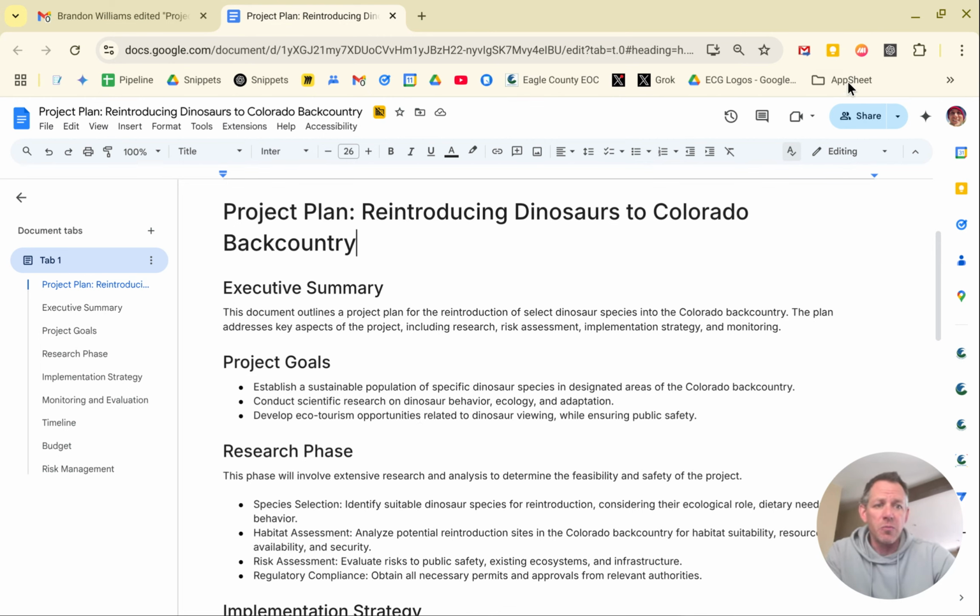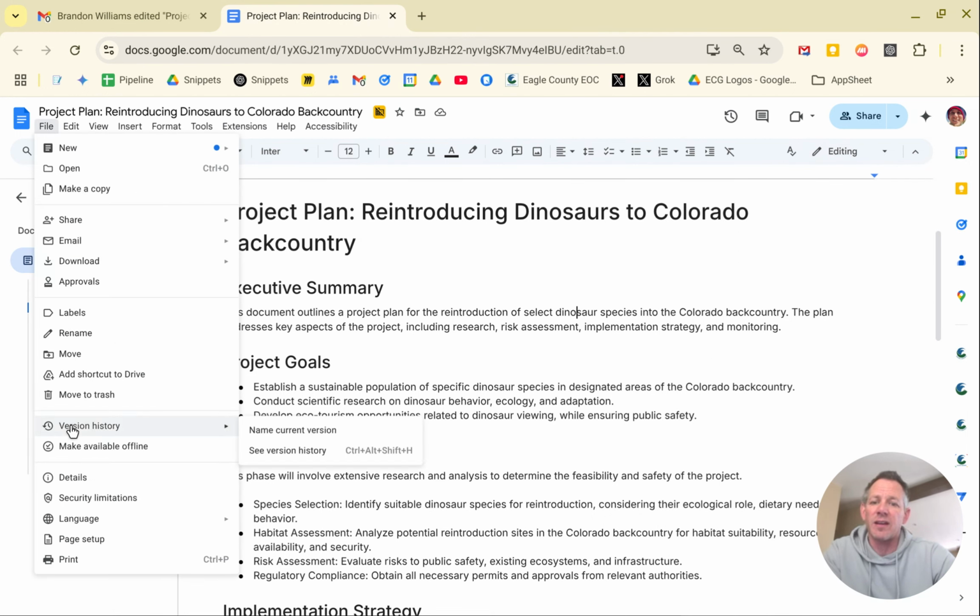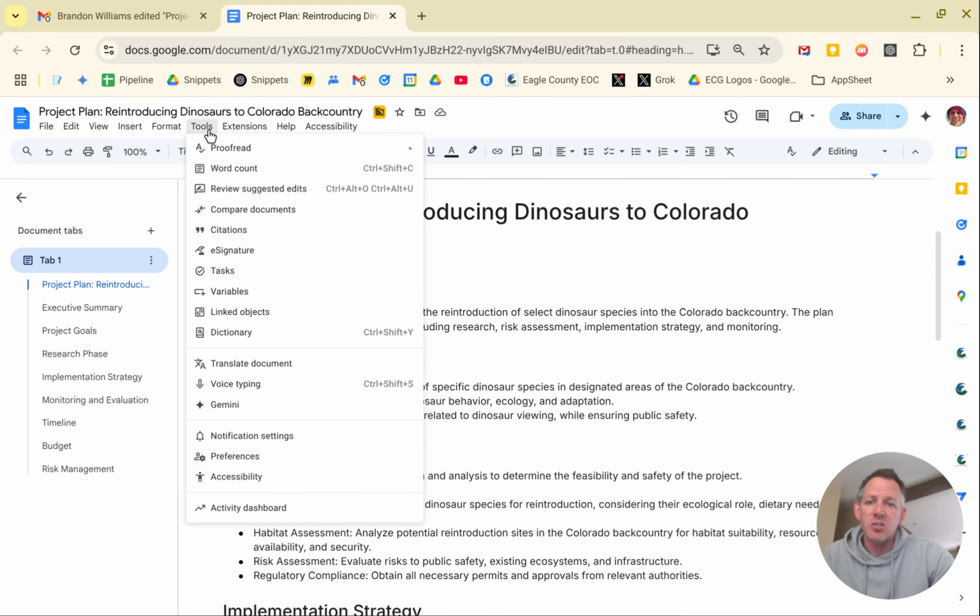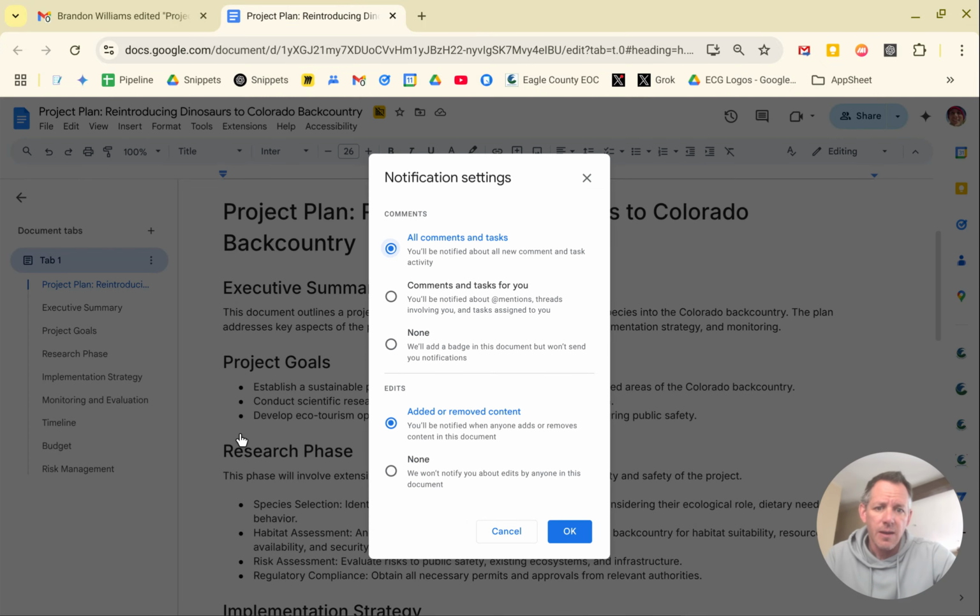Now, in this view, because again, I'm not using the suggested edits, I don't see the line in, line outs, and I don't really feel like diving into a whole version history and trying to go date time stamped. So in this case, I went to Tools, and this was before I shared it. I went to Tools, Notification Settings. And in the notification settings, under Edits, I switched from the default, which is None, to select Added or Removed